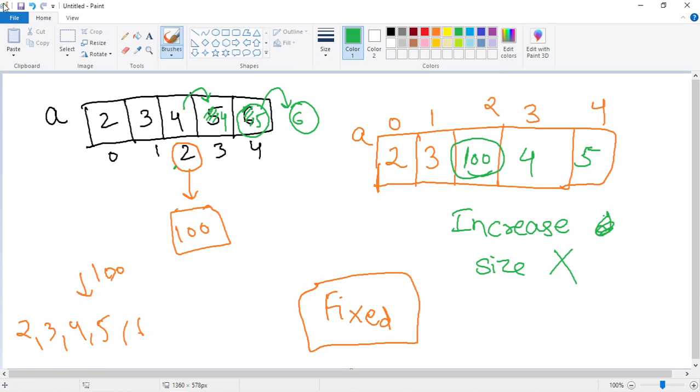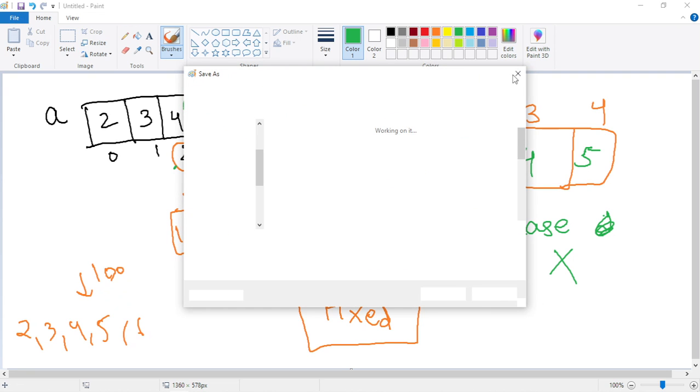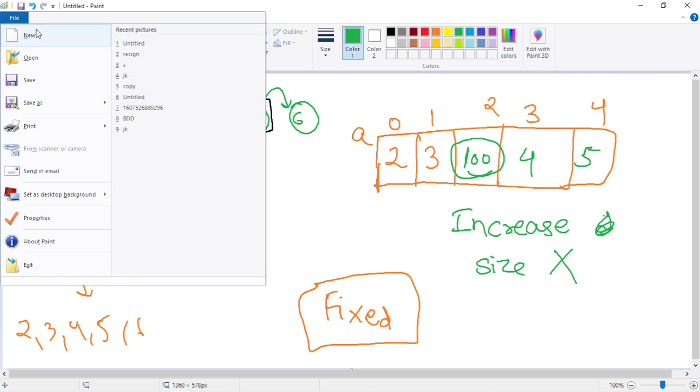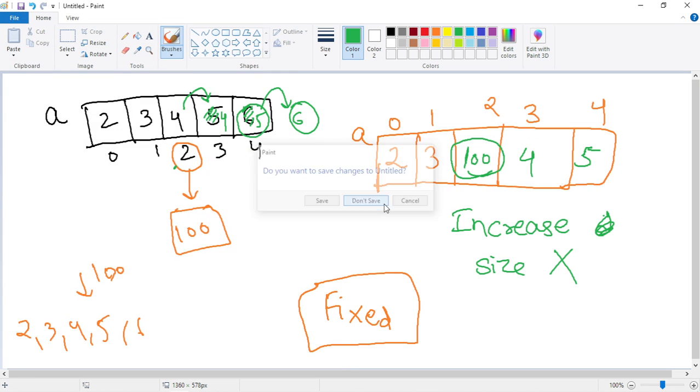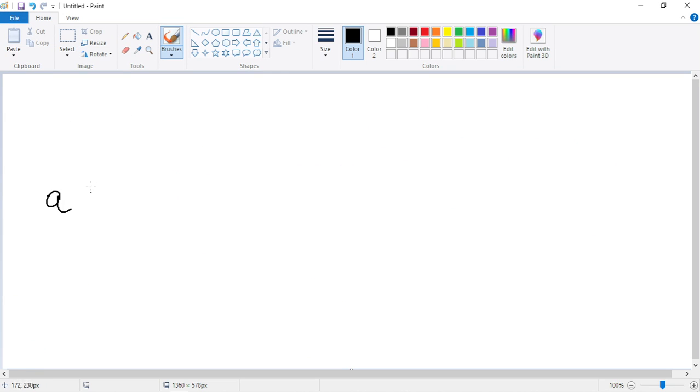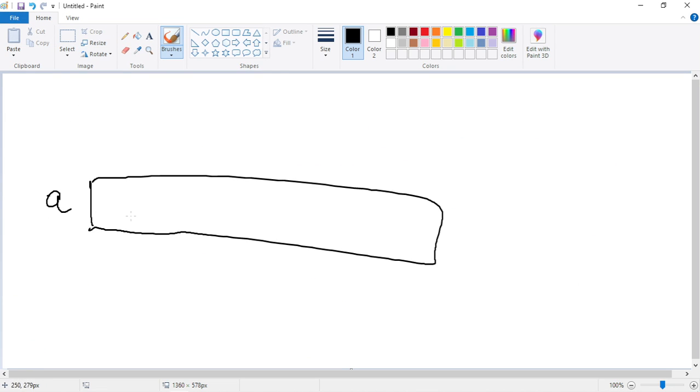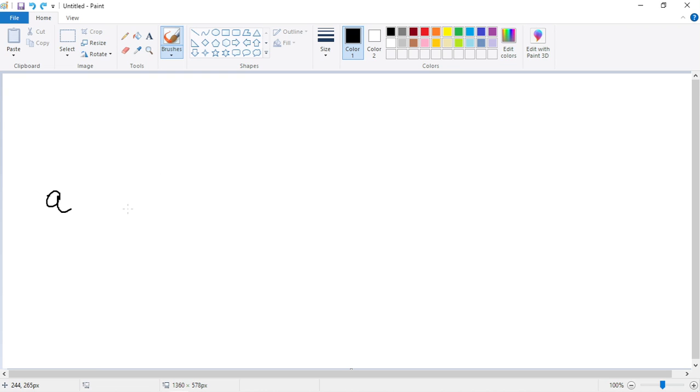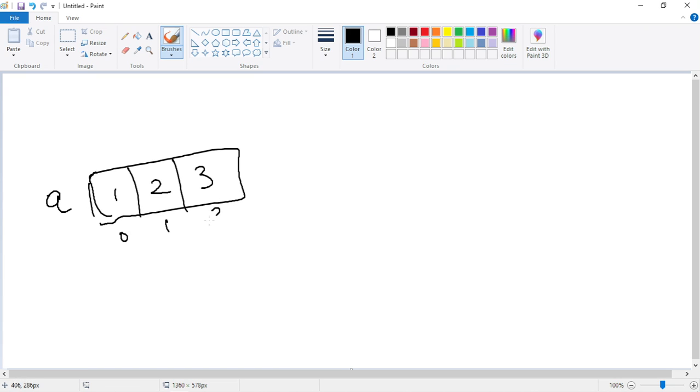Yes, sir. So let me explain by taking one more example. I take a small array A: 1, 2, 3, with indexes 0, 1, 2.